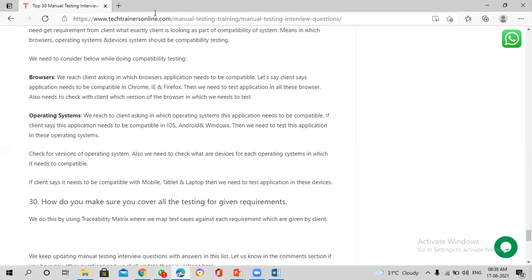So if client says you have to test it in different browsers, do you think it is not needed to test it in Chrome, Firefox, and Microsoft Edge? Yeah. If client says we need to test, then we have to test. So that's what I'm saying. So one test case to be executed in how many times?